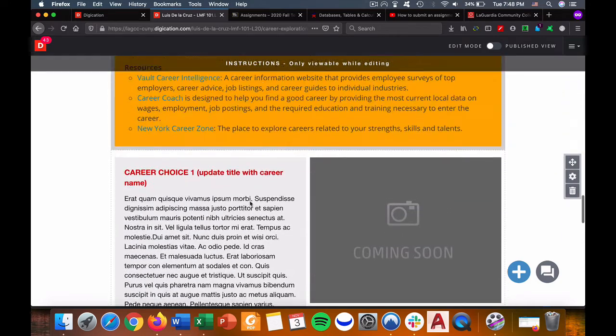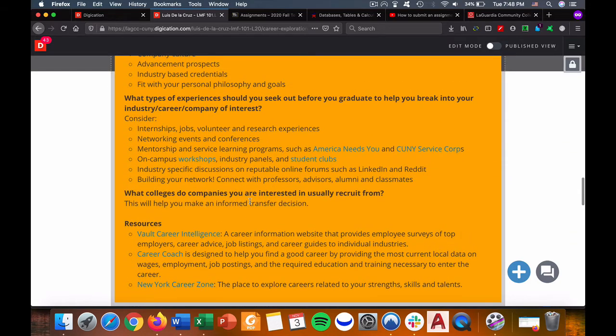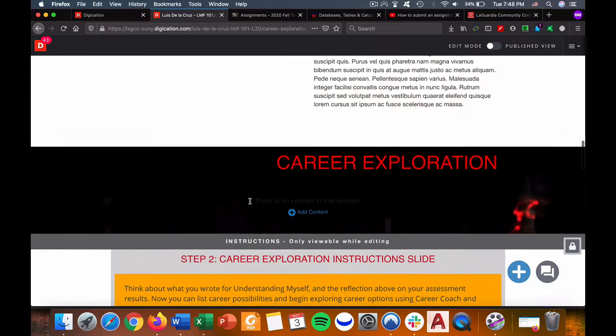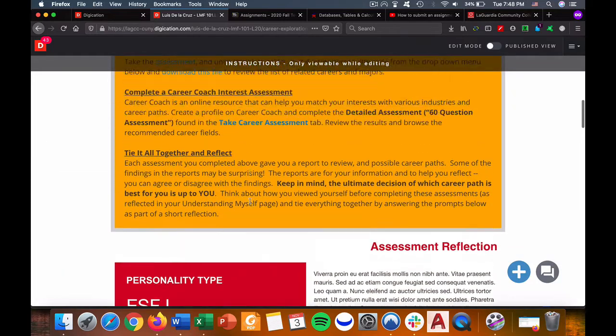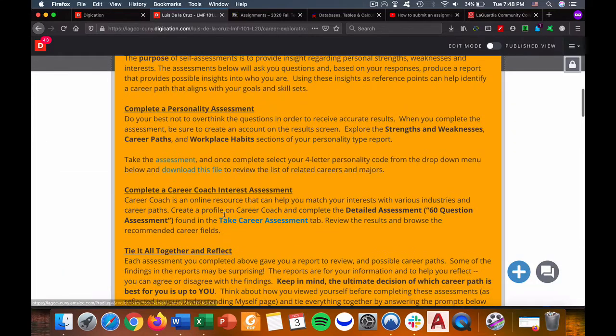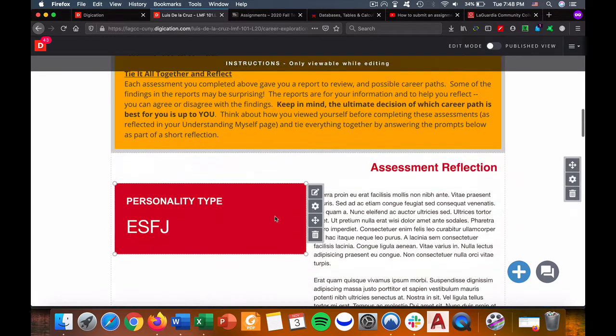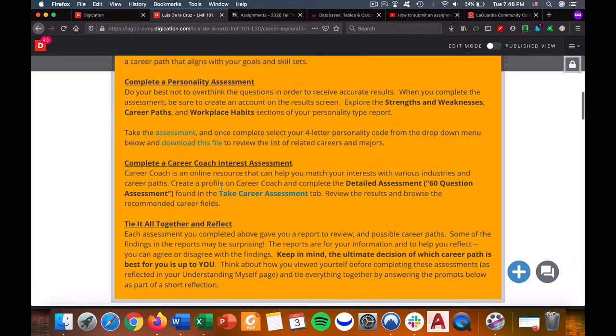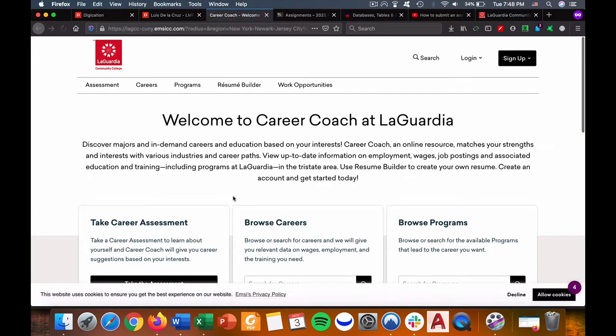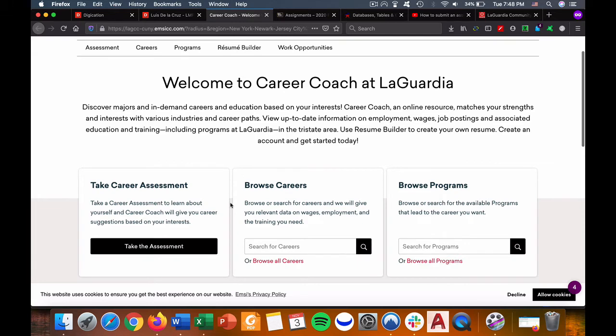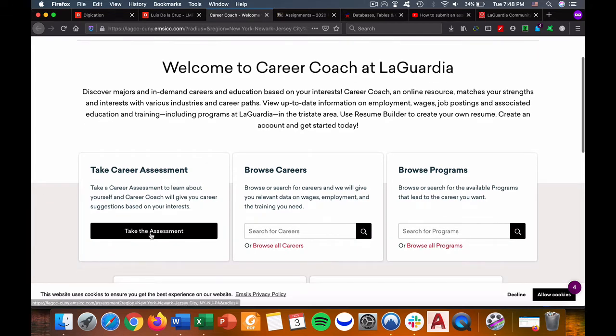So how? You need to go back in this section over here. You need to keep scrolling up until you see Take Career Assessment. Where it's placed is above the assessment reflection. So you will see Take Career Assessment, and you click it. Once you click it, it will take you to this page. Then you click take the assessment,